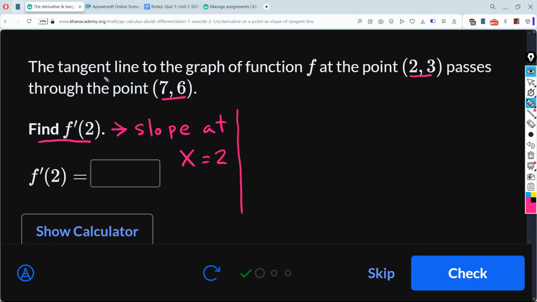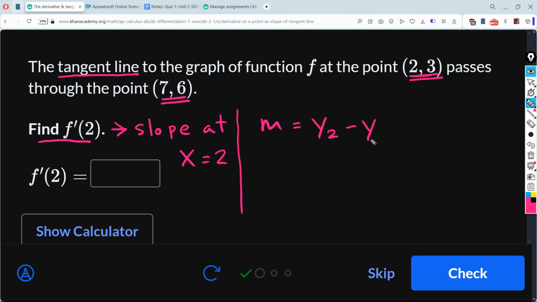Now, they said the tangent line to the function f at this point. Remember, we said the tangent point where it intersects the graph, that's basically the slope at that point. So if we can just find the slope of the tangent line, we're in business, okay? Now, it hits the graph at (2, 3), and it passes through the point (7, 6). So we just have to find the slope m. We know from algebra,